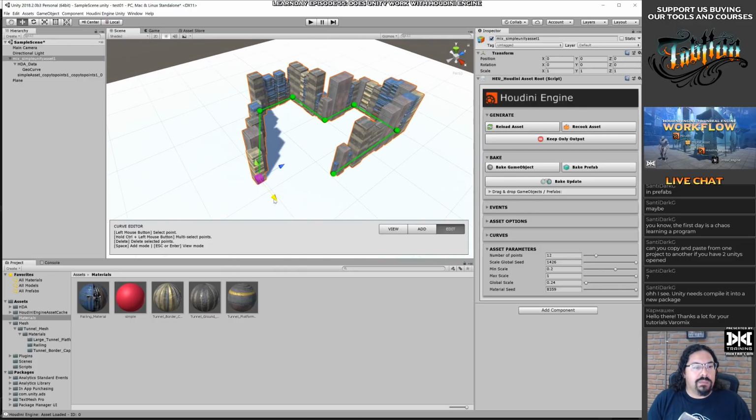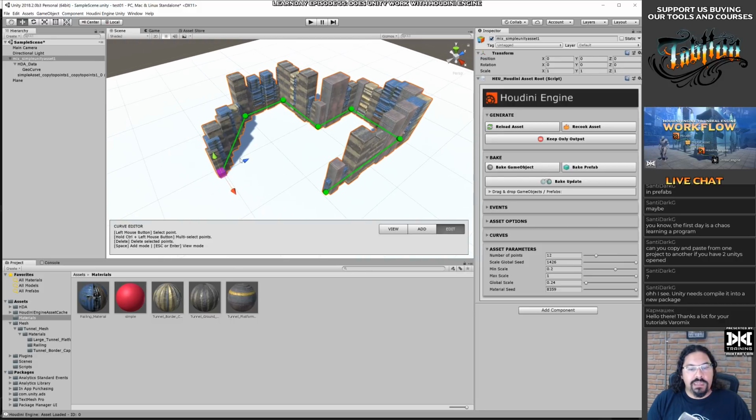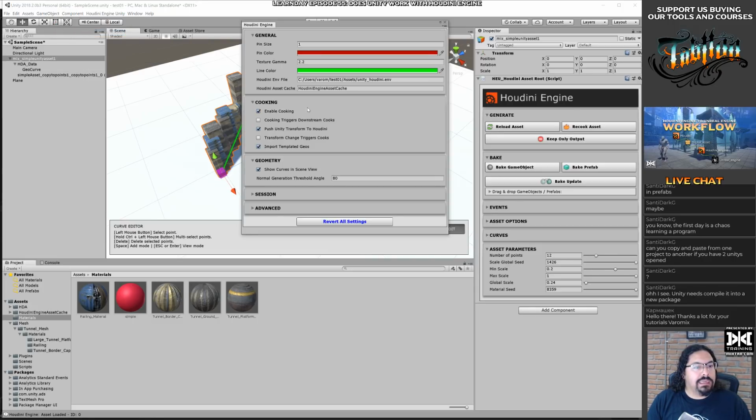So yeah, this updates really quickly. I wish it was interactive. Can we do that? Plugin settings. Push unit transform to Houdini. Import related geos. Show curves in scene editor.